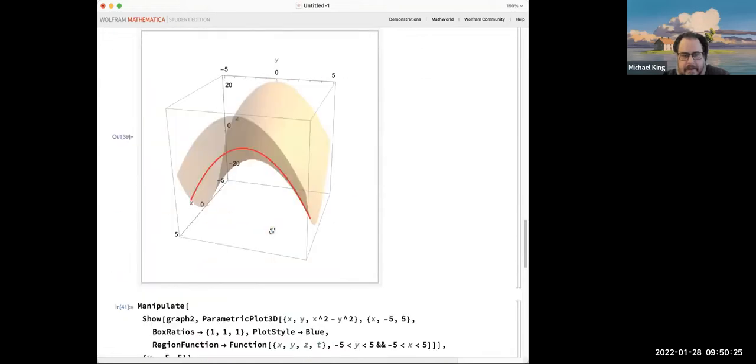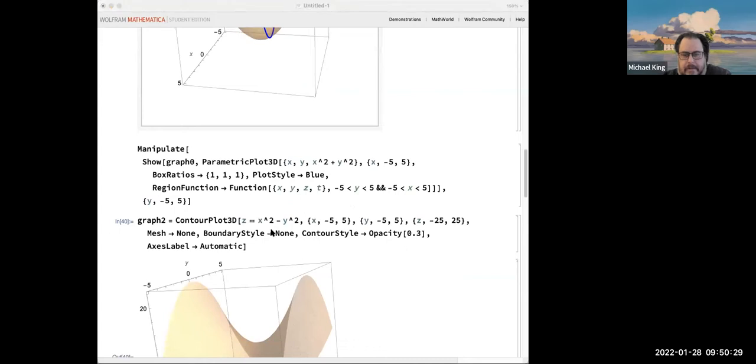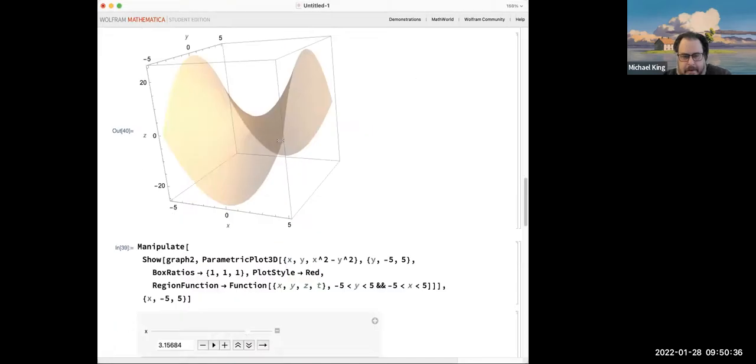So you guys are seeing the Mathematica again, right? Oh crap, did I lose my code? Oh no, sorry, let me copy some code from somewhere else. Okay, so